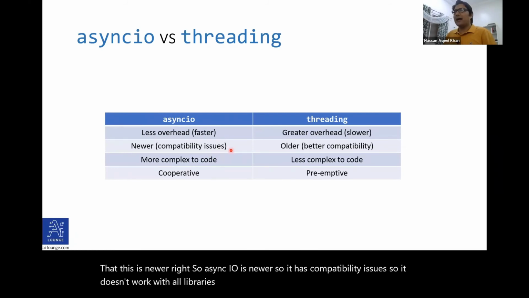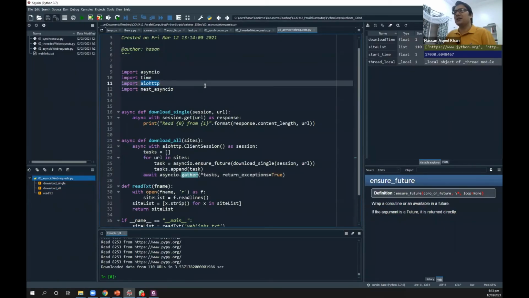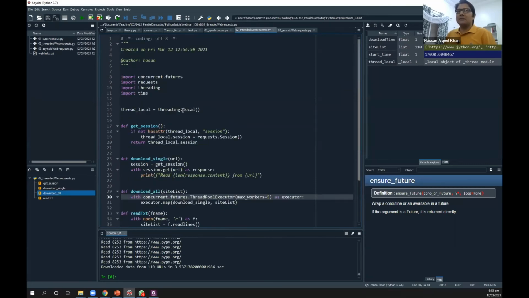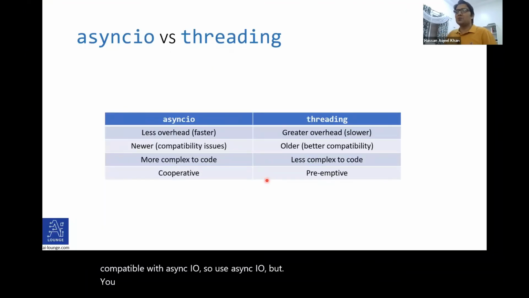So if you go back to the code, you're not really using requests over here. You're using this aiohttp, which is to download or process your download requests, right? And why are you doing this? Well, because this requests library is not compatible with async IO. So use async IO, but you may run into these compatibility issues when you're using async IO. Another